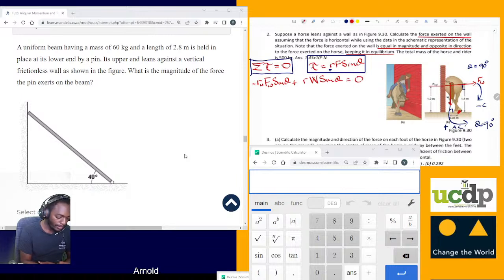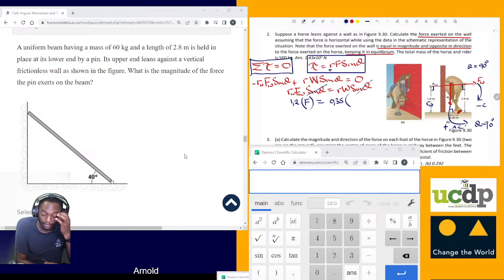Which is equal to 0. You can then equate this, and you find that this will be your RW F_W sine theta equals R_W sine theta. And we say the angles are 90, so this goes, that goes. All right. And your R to the wall, which is this distance, will be 1.2. So this becomes 1.2 times the force F that we're looking for, which is equal to the perpendicular distance there, 0.35,